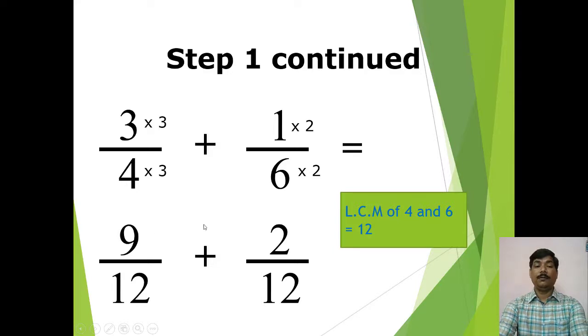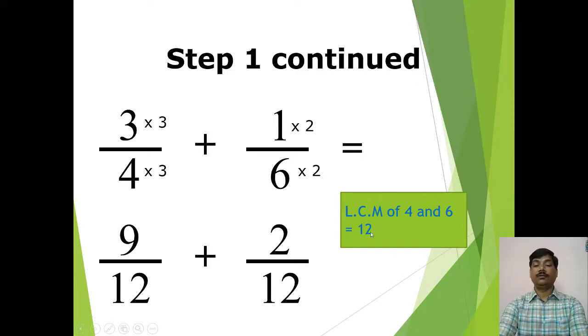So now what do we have to do? This LCM will be divided by the denominator of the given fraction. Here the denominator is 4, so you divide the LCM 12 by 4. The quotient will be 3. Now the numerator and denominator of the given fraction are multiplied by the same number 3. So 3 upon 4 multiplied by the same number, it means the numerator is multiplied by 3 and the denominator is multiplied by 3. We are getting the fraction 9 upon 12.